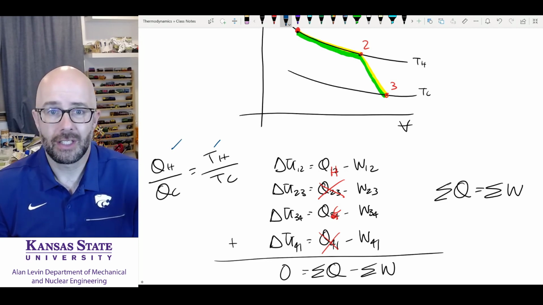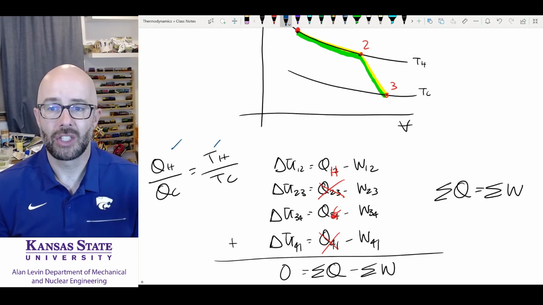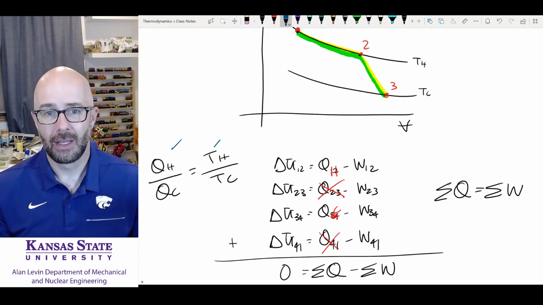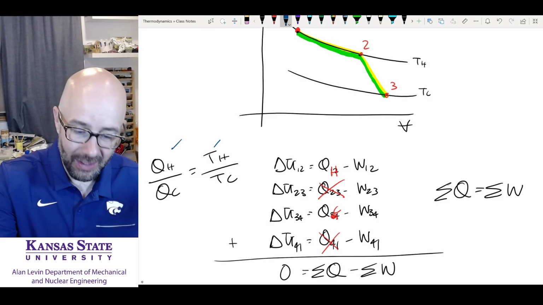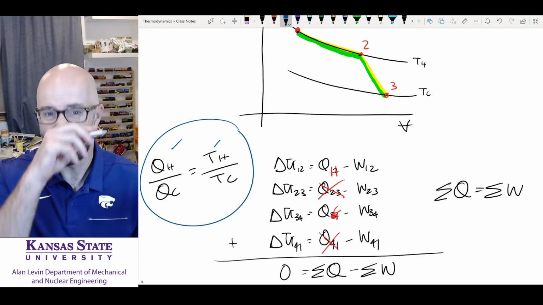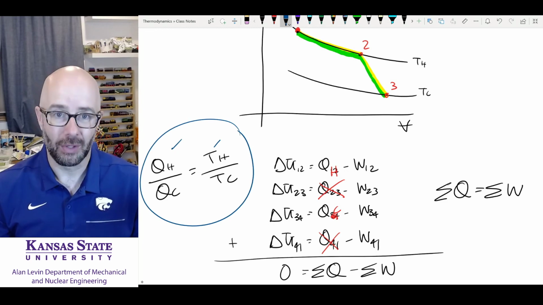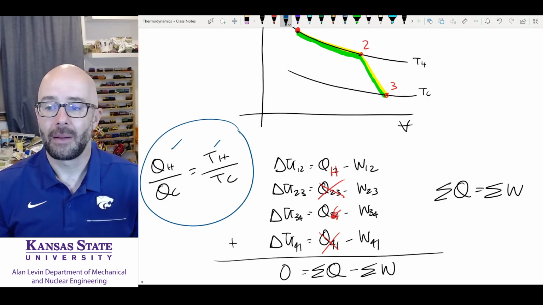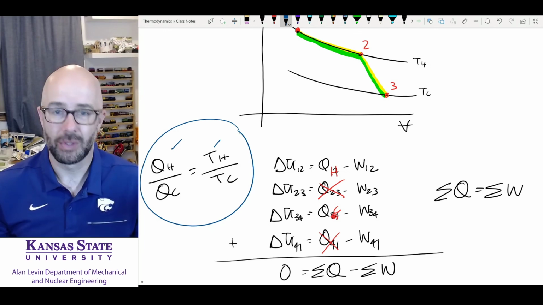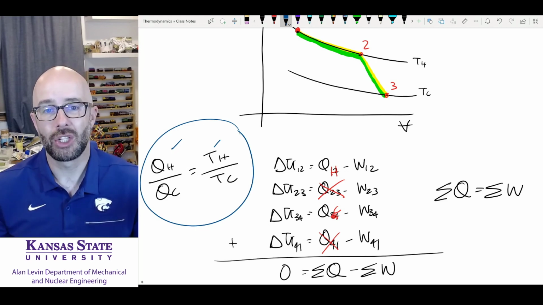I have the efficiency tool that I can work with. Okay, so now we're adding tools to your toolbox to solve these problems. Now note, I can only use this equation here if I'm dealing with a reversible cycle. And as I've talked about many times, the Carnot cycle is a reversible cycle. Okay, so remember that as you're solving problems for your